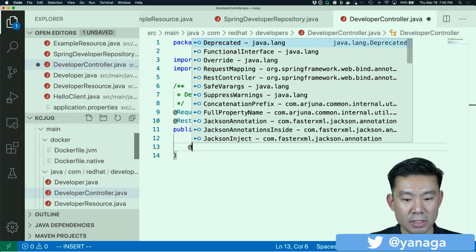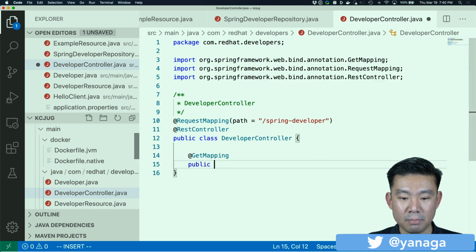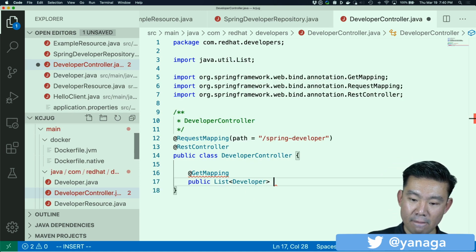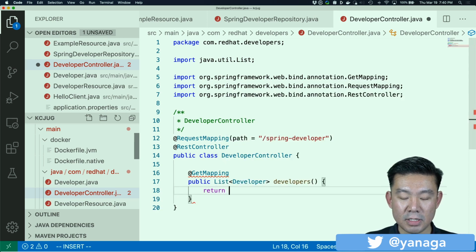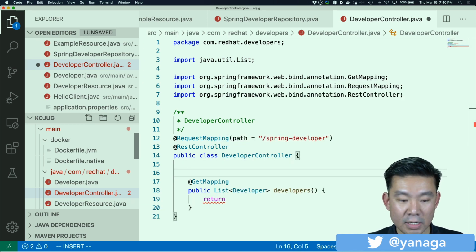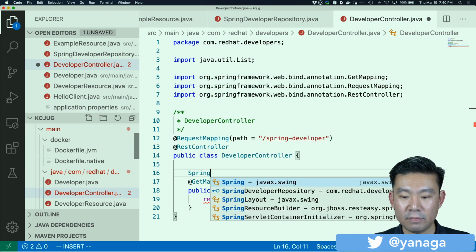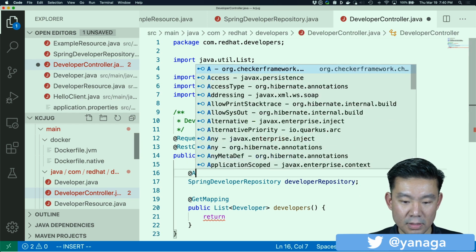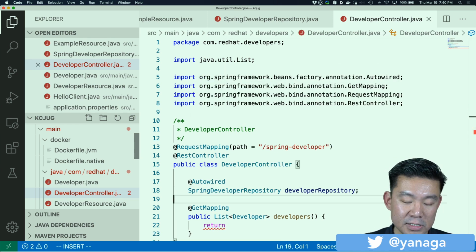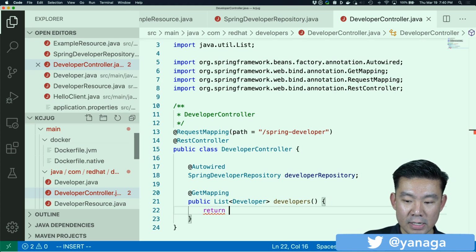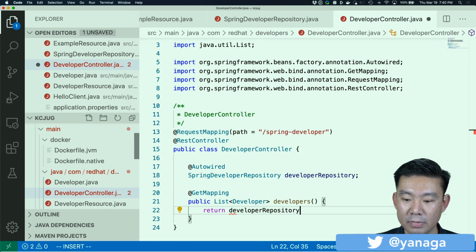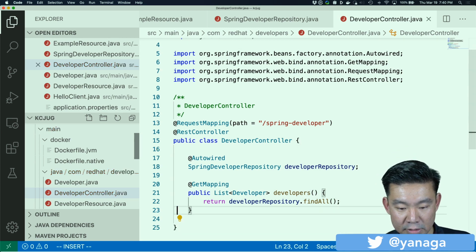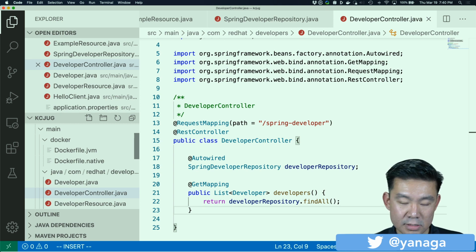We can return a GetMapping, public List of Developer findDevelopers. Let's inject the Spring developer repository. And yes, we support constructor injection, but since I'm lazy, I'm just going to use an Autowired, and I can return developerRepository.findAll, and that's it. It should be good. Okay, /spring-developer.